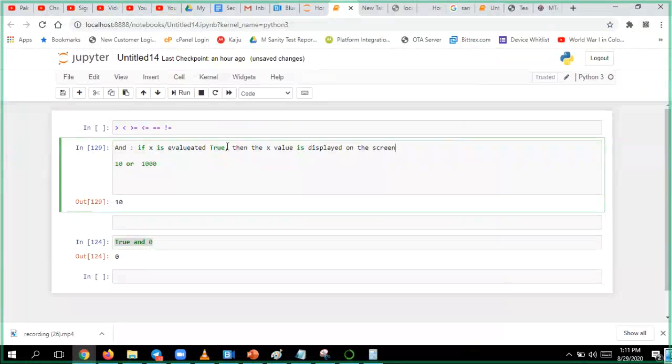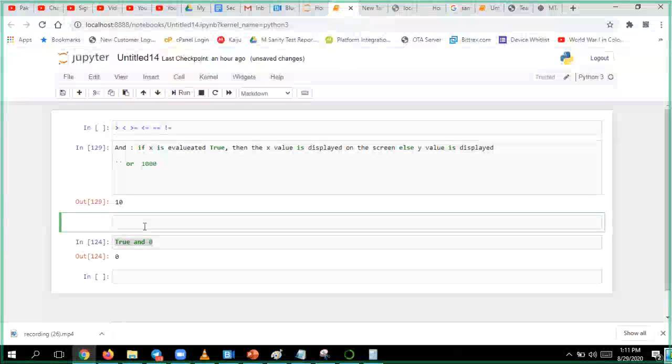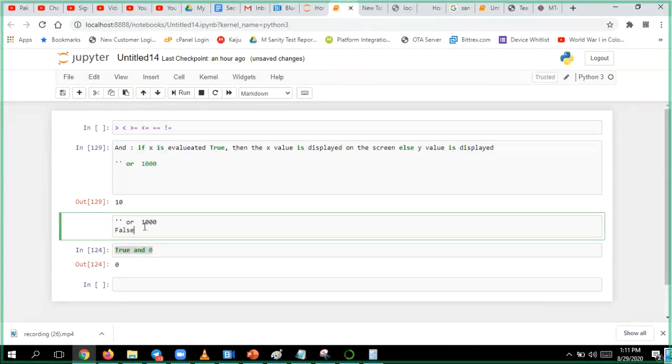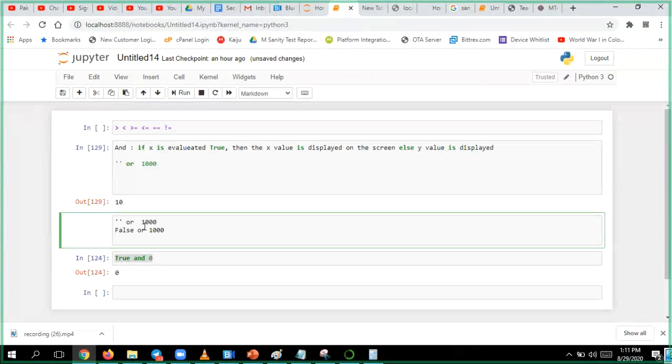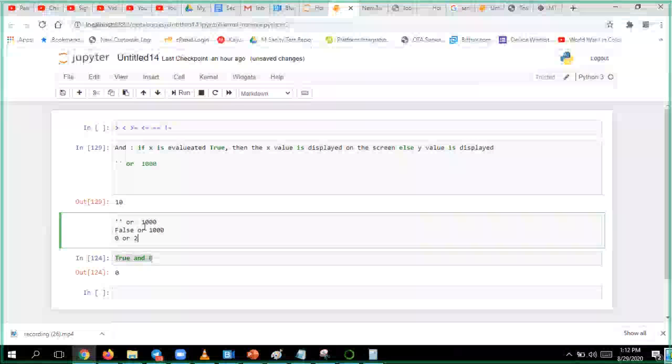If the X value is not true, then the else Y value is displayed. That's it. If the X value is true, that's why it is showing. Apart from that, anything can be there, let it be: fail or false or an empty string or 0 or something.